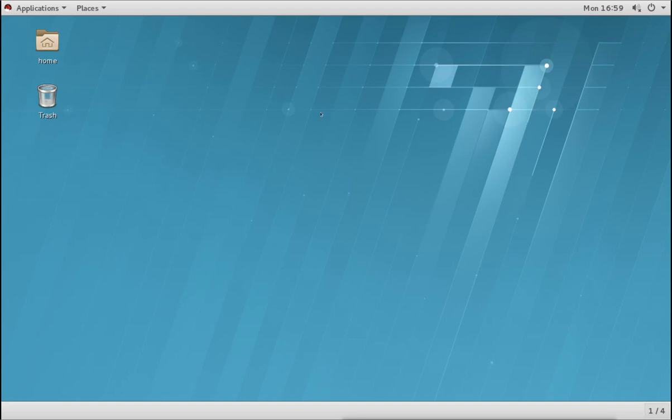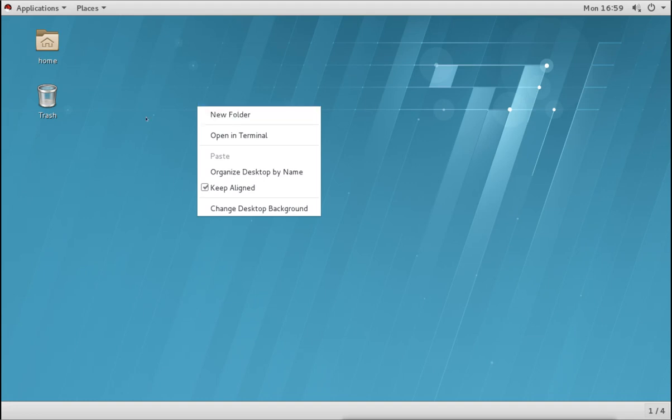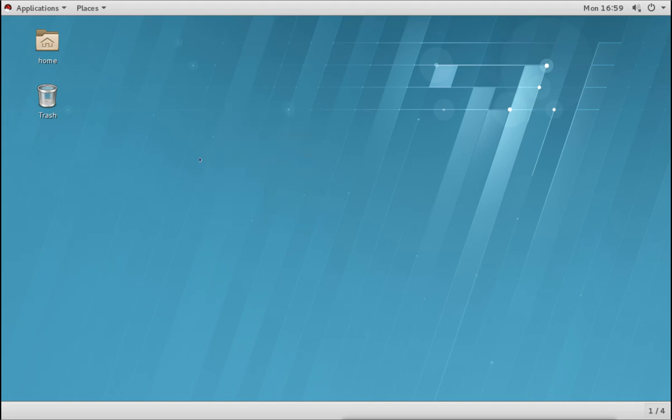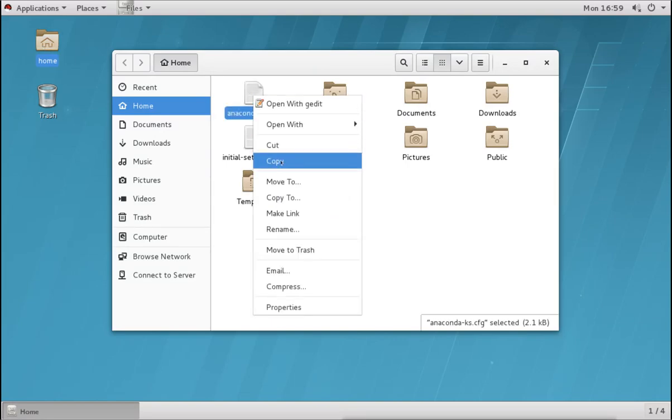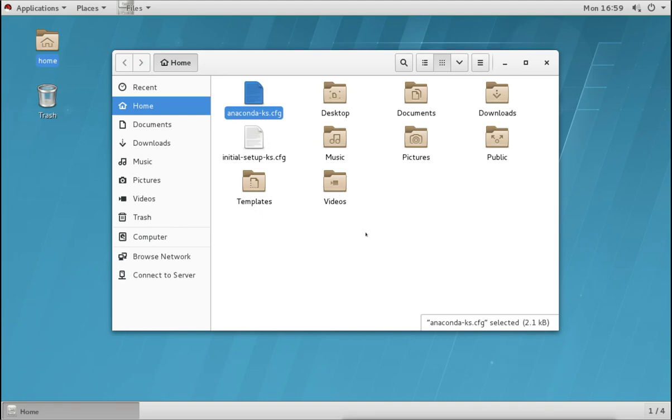Now the graphical management is the same as what we do in Windows. We can right click, we can create folders, we can create files. We have graphical tools available to edit, modify, copy, and move files. We can do that by just right clicking on the file, and we can cut, copy, move, or delete. So all these things are the same as in Windows in the graphical version. That is what we actually do for desktop machines.